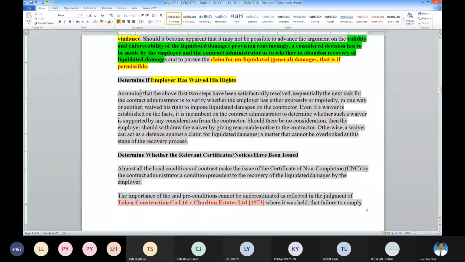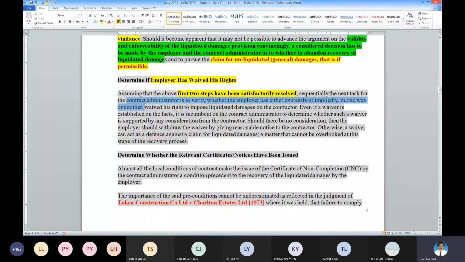So these are important points. That means the extension of time needs to be evaluated, the contract duration expired, and so on. Then we have complied already with the first two steps. So the next step will be